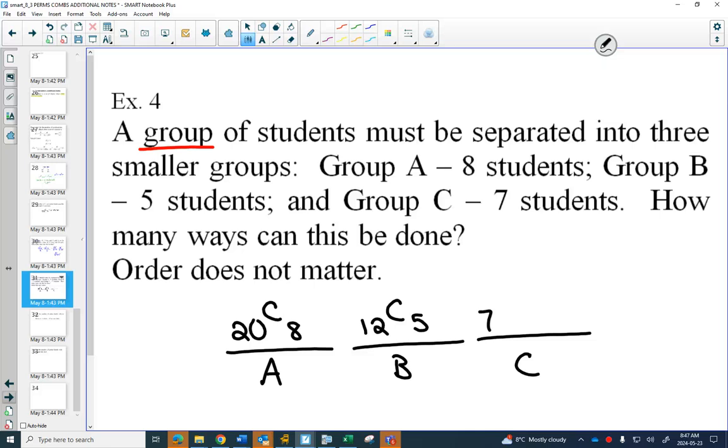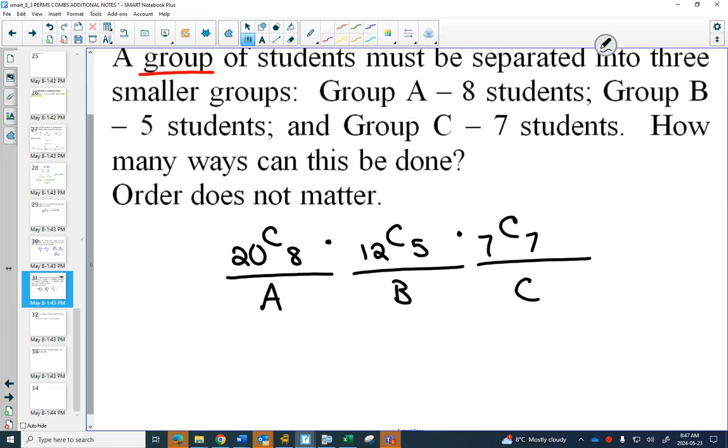I shouldn't have to say the rest of you are in group C, but we could show, even though there's 7 left, choose 7, there's going to be only one way to do that. Everybody who's left is going to be in group C. And of course, since these are decisions, we would multiply all of these together. And if we would expand this, and if we would do this again,